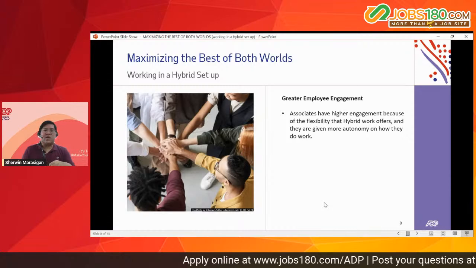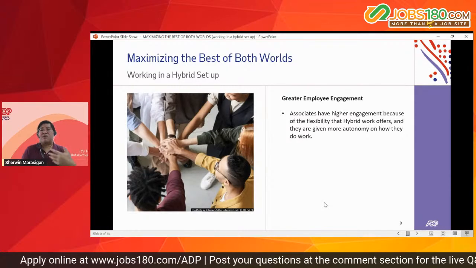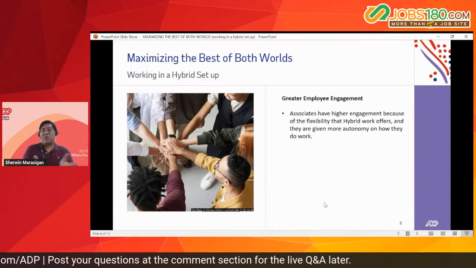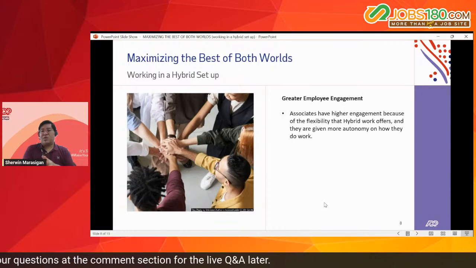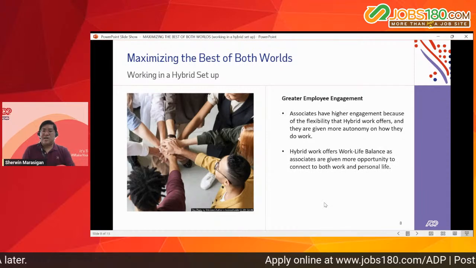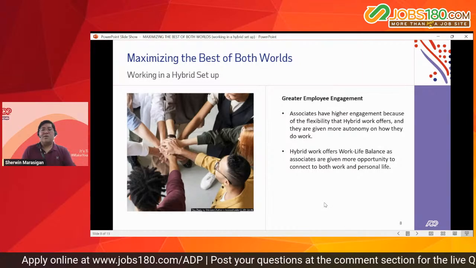Why? Because employees are given higher flexibility that hybrid work offers, and they are given more autonomy in how they want to do their work as well. And then hybrid work offers work-life balance, as employees are given more opportunity to connect to both their work and their personal life